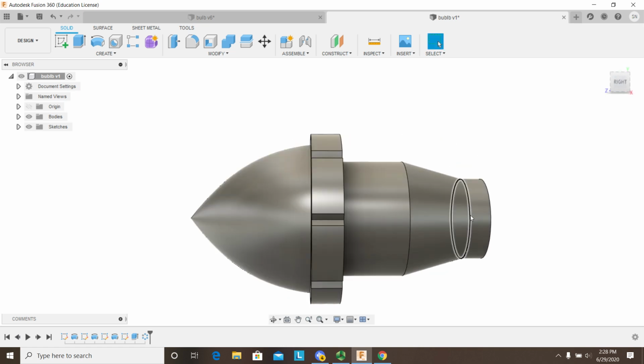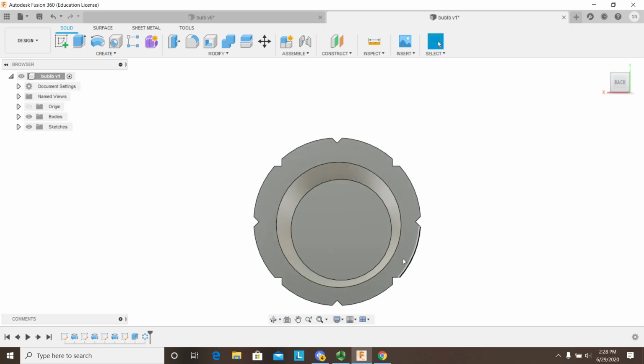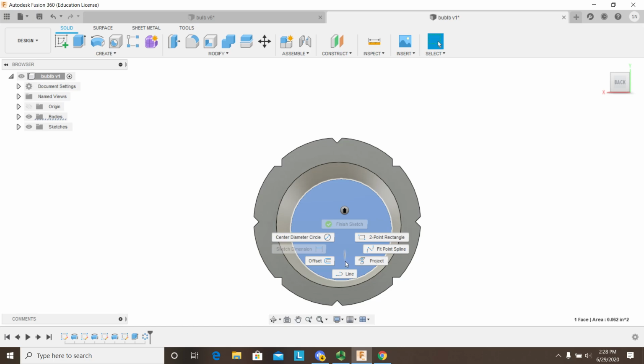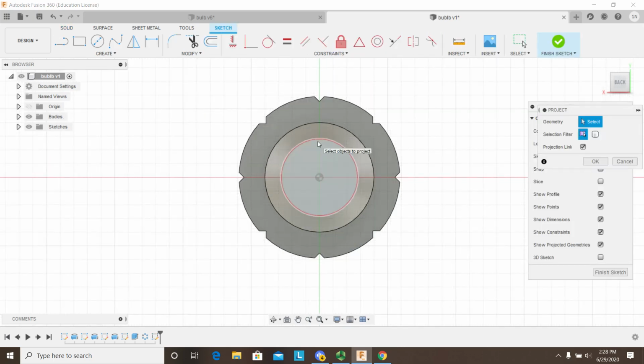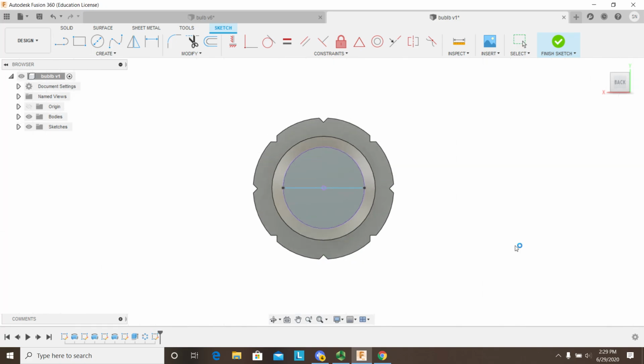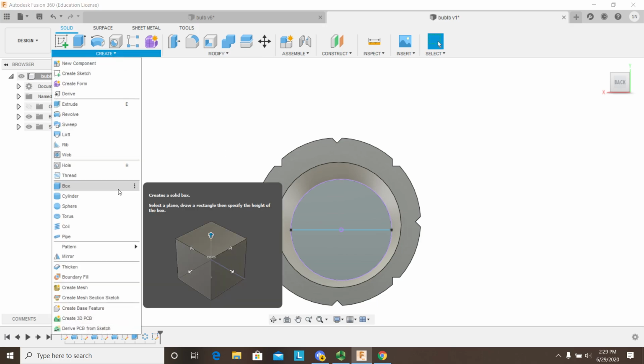And then the last thing I need to do is add a dome shape back here. So I'm going to go and look at the back of this. I will right click and start a sketch. I'm going to project this circle, and I will actually cut that circle in half there, finish the sketch, and then I will do